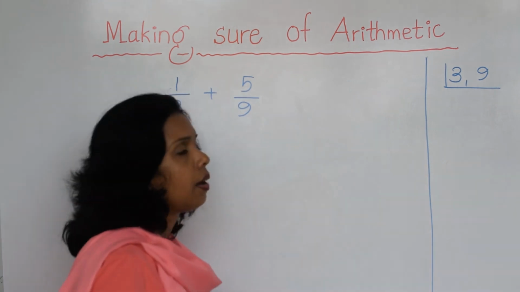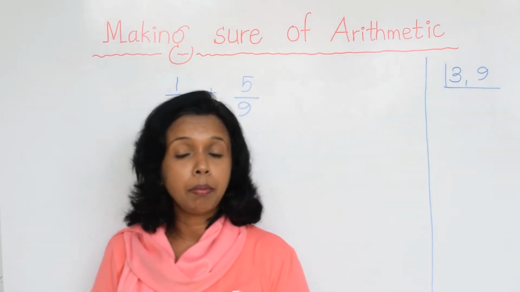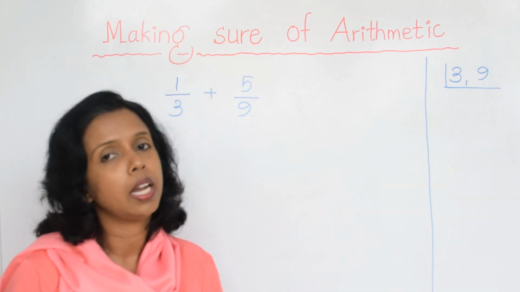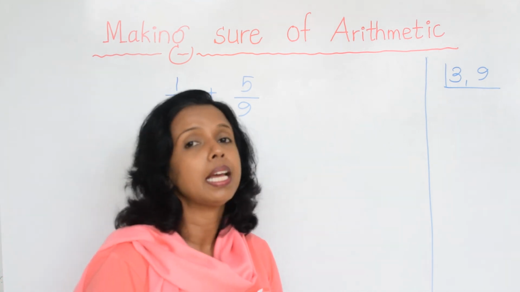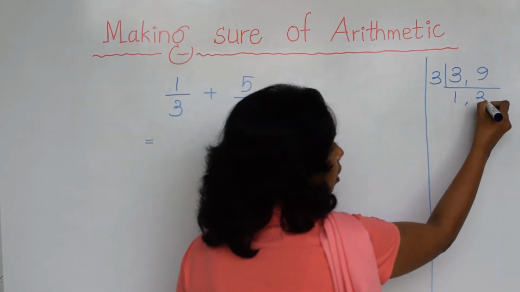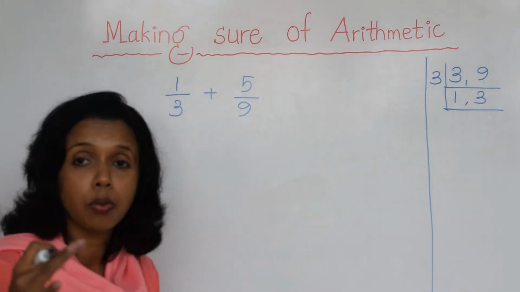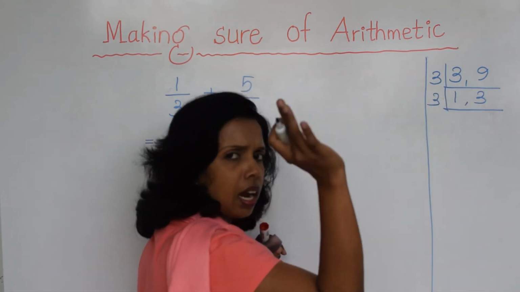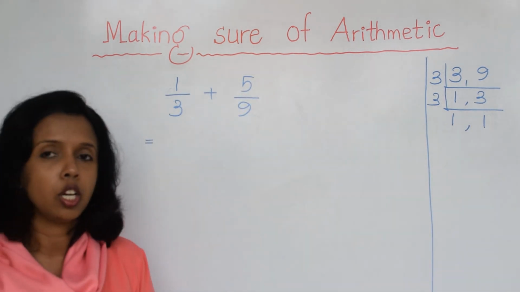So I'm going to use the second method again, 3 and 9. If I select the prime number 2, I cannot do it because both the numbers cannot be divided by 2. Then I have to pass it and move to the next prime number, that is number 3. 3, I use here 1 and 3. 3 times 3, 9, 3 times 1, 3. Again I want to divide till I get 1, 1, finally. Then I select 3, 1, already it's done. So I just write 1 as it is and here 1. Now I have 1, 1. So that is the end of this division.